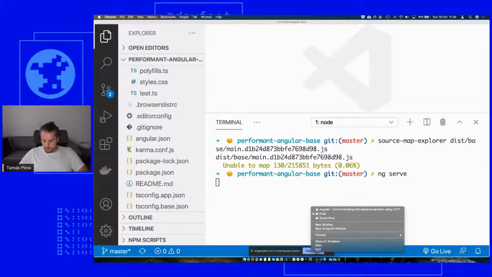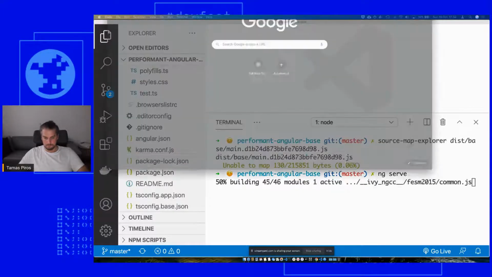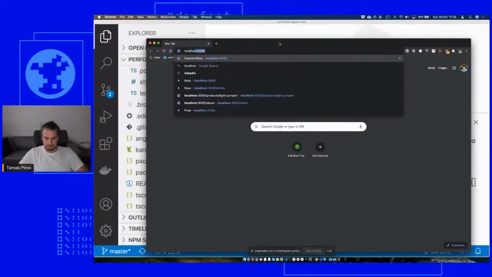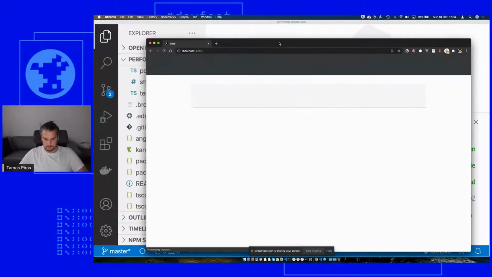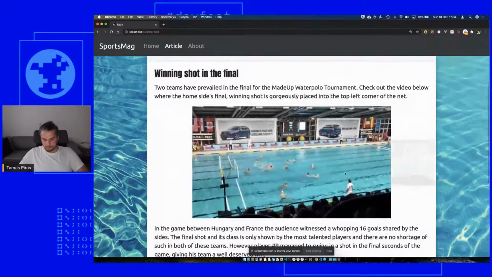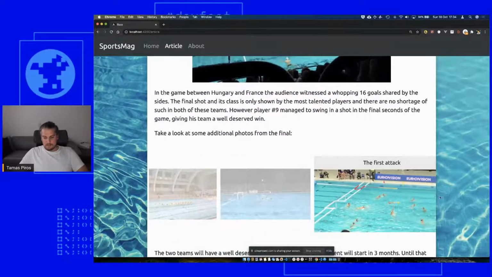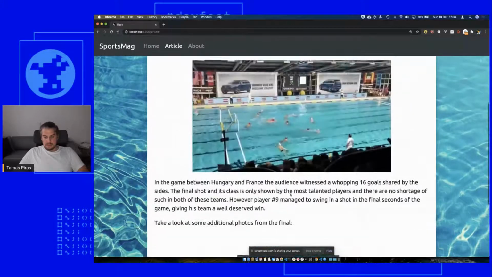Where did the application go? I need to load this again. So we do have a video right here. Okay, so there's a video, there's images, and